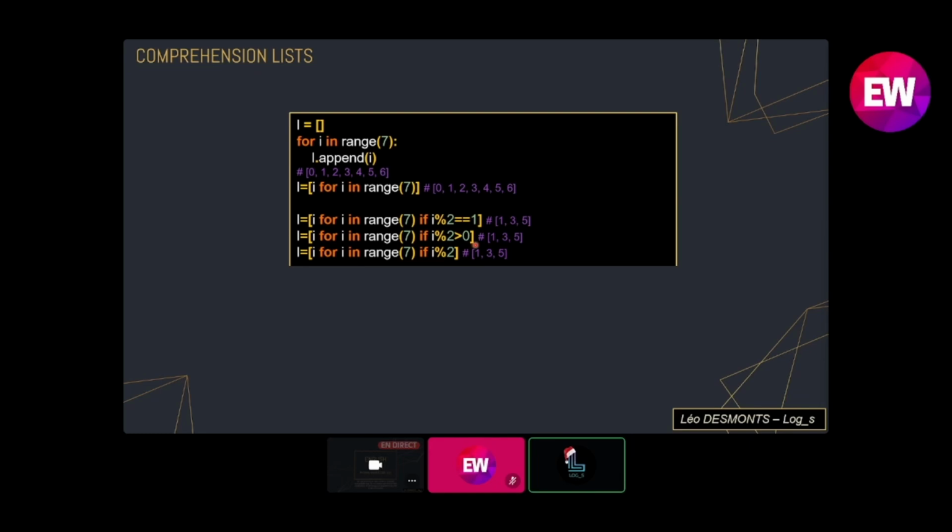And finally, using the same logic, you could totally remove the right side of the expression, since in Python, if you are checking for booleans, 0 is the same as a false boolean, and any other number would be the same as a true boolean. So i mod 2, if it equals 1, it's the same as if it returns true, and will also have the same output.